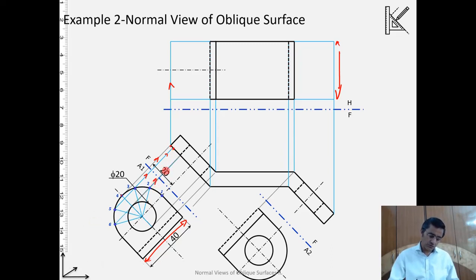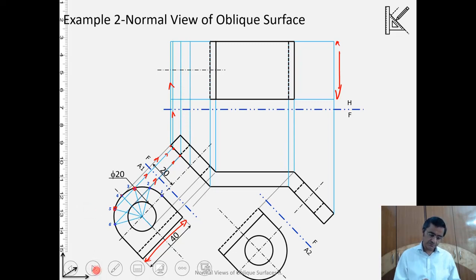So from 2 and 6, the projector is reaching here. Over here you will notice that's the projector from frontal corresponding to 3 and 5. Similarly, corresponding to 2 and 6, that's the projector which is going to the horizontal. Corresponding to line here, 1 and 7, this is the projector.